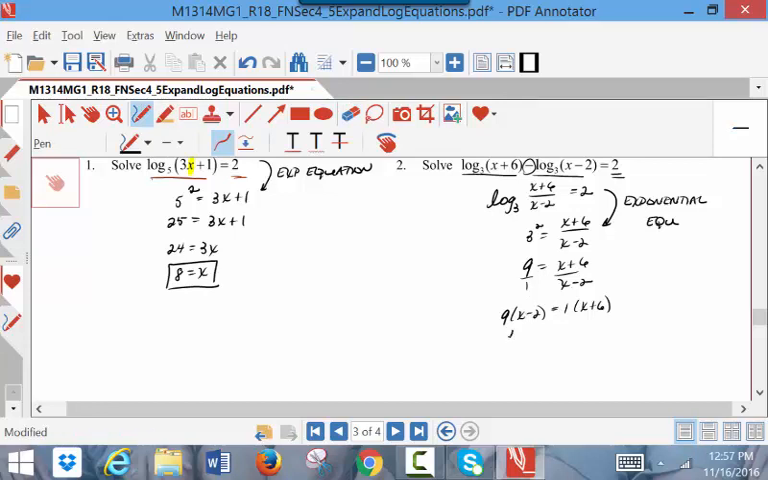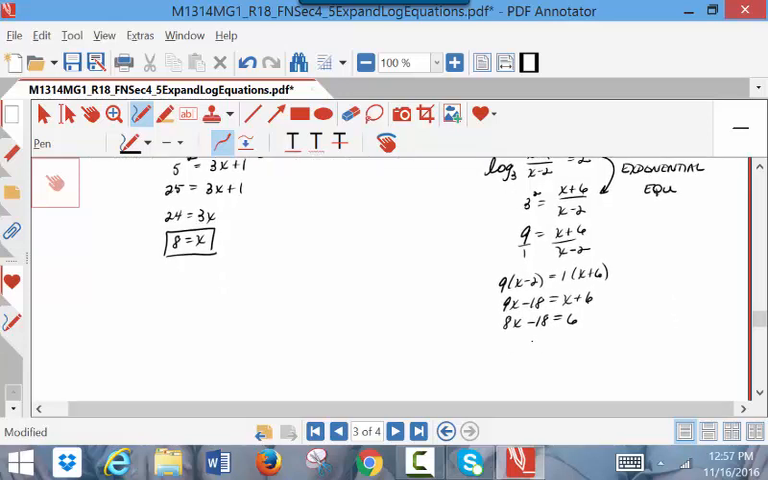Okay, thank you. So this is 9x minus 18. This is x plus 6. I like to move my x to the left, so if I subtract x, it would be 8x minus 18 equaling 6. Then if I add 18 to each side, this would be 24, and then divide by 8,